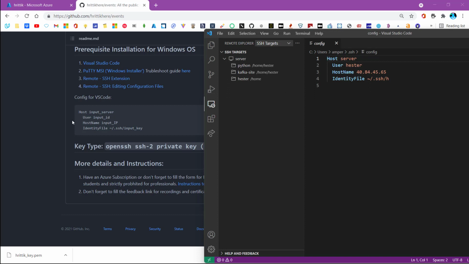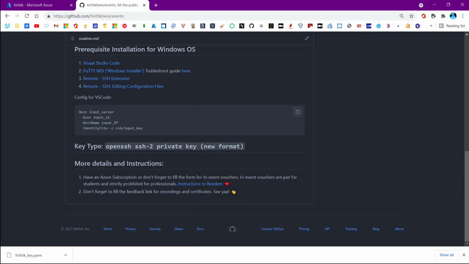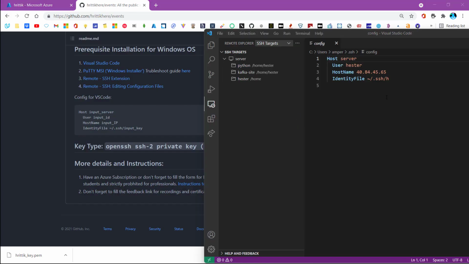You need to copy this config from the GitHub page, or you can copy this also, and paste it onto a new line. Make sure Host is on the left and there is some space between those things, because you need that. This is the format, like in YAML we have a format, this also has a format.